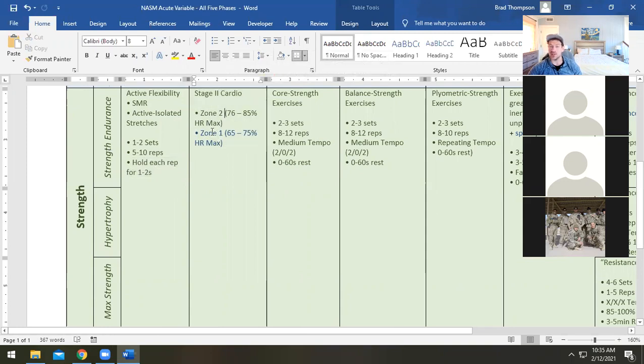Stage 2 cardio, which means they still do zone 1 from stabilization, but now we introduce zone 2, so we make it a little bit rougher. They're going to choose core strength, balance strength, and plyometric strength exercises. And 2 to 3 sets for all of them, thank God, because up here it's like 1 to 3, 1 to 3, and that's 1 to 4 for core. They broke the pattern. And then we see 8 to 12 reps, 8 to 12 reps, and 8 to 10 reps. So they broke the pattern again. So thanks for that, NASM. Medium tempo,